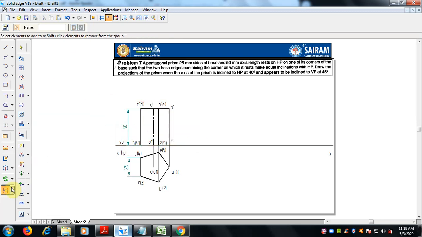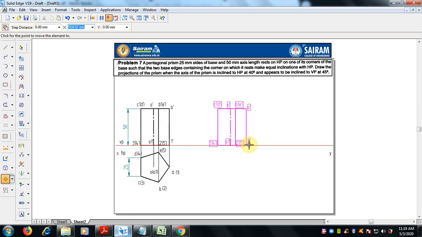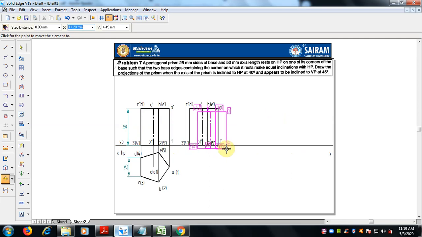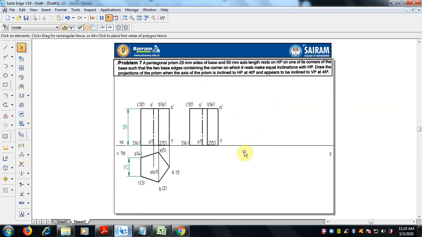We can move a copy, go for the move command. Here the copy command should be switched on. Okay, now the copy command is done. Move with one point, that is a corner point, keep it nearby only, don't go much, because in the next position we have to draw over that. So I think this will be fine, right? One copy is enough, escape. So now one copy is moved.